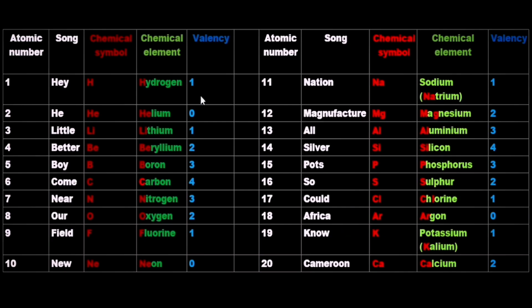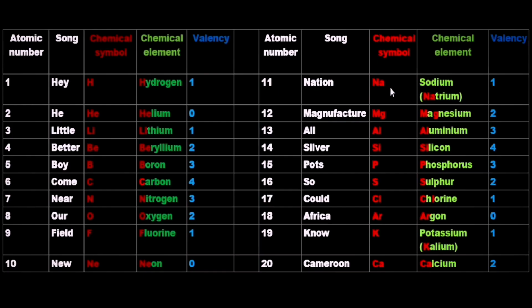So now, by singing the song, you'll be able to identify the chemical symbols of the elements. So which means that in here, we take H as a chemical symbol, He as a chemical symbol, little, Li as a chemical symbol, better, Be, boy, B, come, C, near, N, O, field, F, new, Ne,